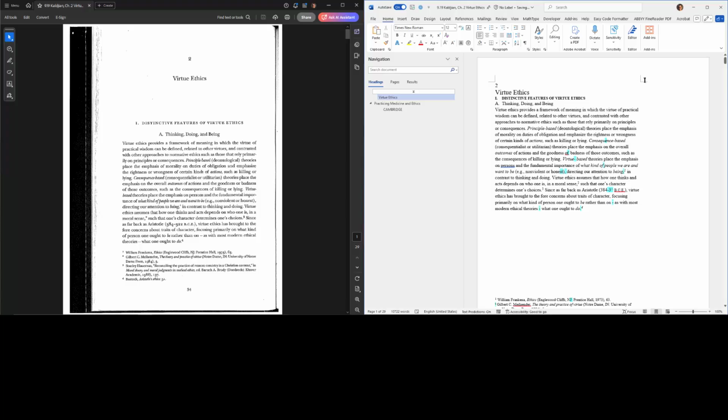I noticed that the margins are a little weird after this ABBYY export, and so I do have a macro to really quickly reformat margins, page size, change the text to something like Calibri, and it might do a couple of other things.